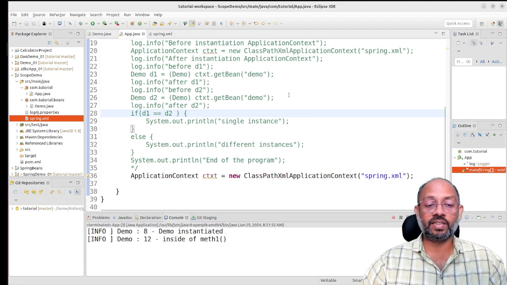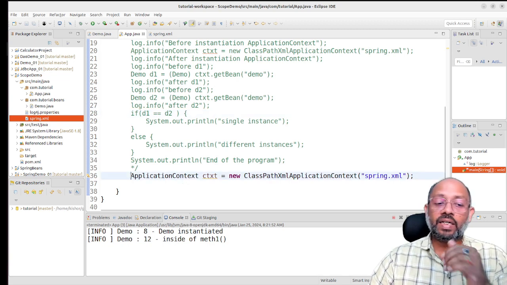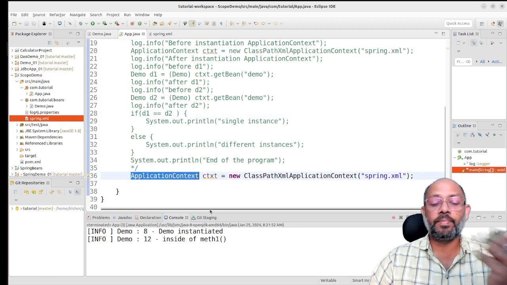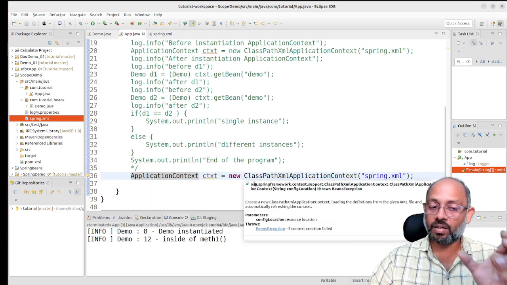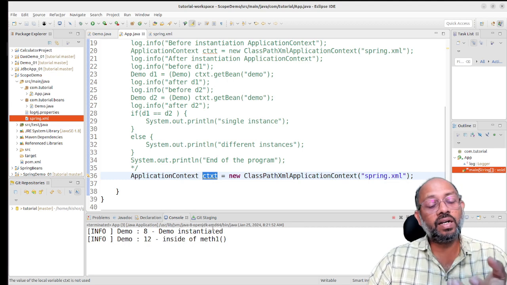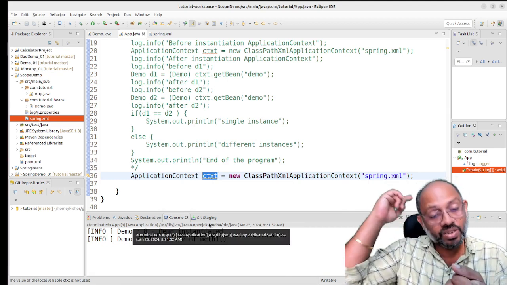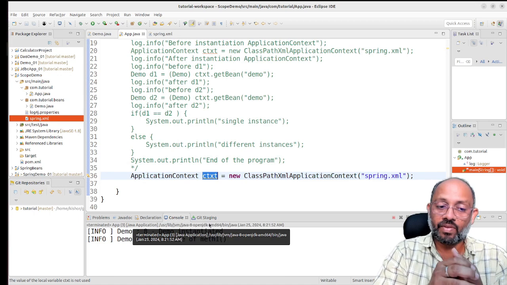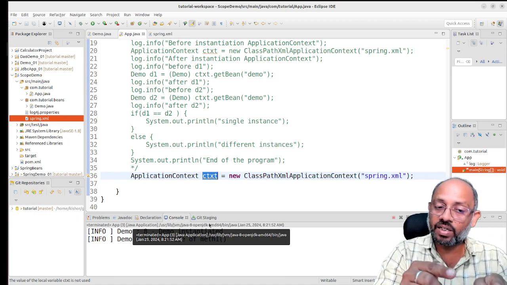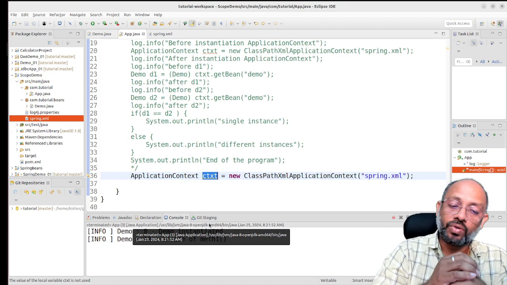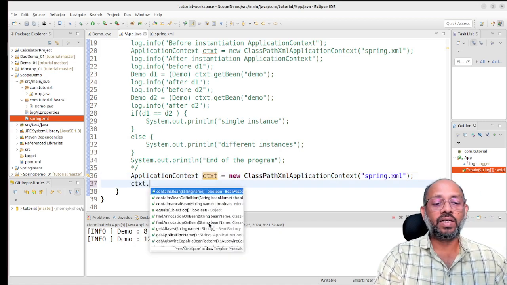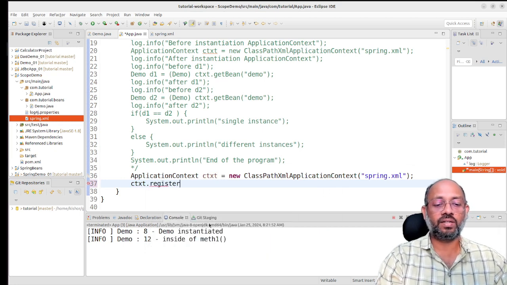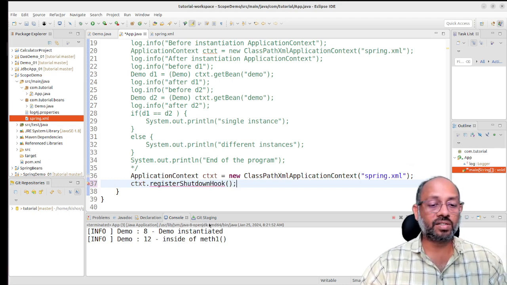Method2 output we did not get. The reason is that instantiation or initialization will happen automatically, but for destruction we need to configure something, that is, register the application context with a JVM shutdown hook. We have to register the application context with the JVM's shutdown hook. So in order to do that, we need to call a method, context.registerShutdownHook. Register shutdown hook, but